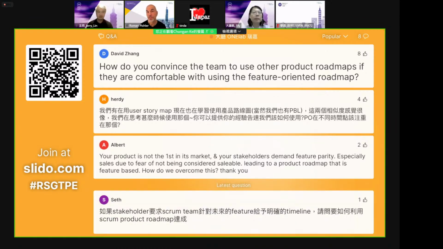And then those features are often seen as a commitment. And people think because that feature is on the roadmap, that's what will get implemented, and that's what the product will look like, that's what it'll do. So those are a number of reasons why I've come to have a strong preference for working with goal-oriented, outcome-based